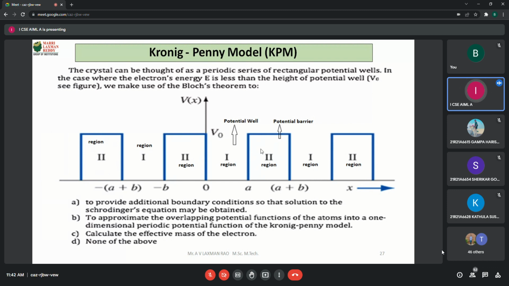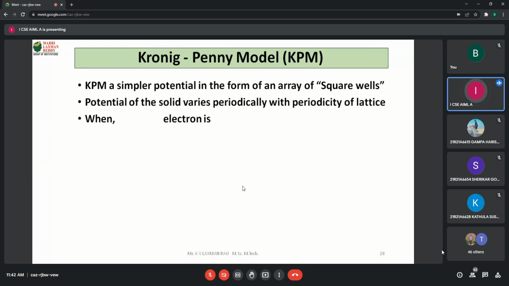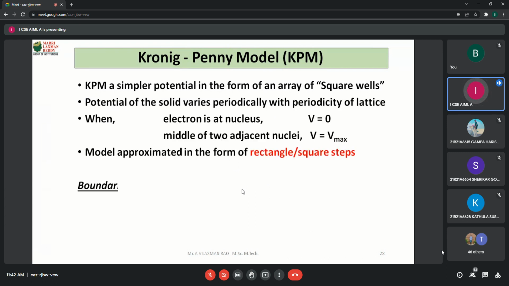That potential energy is varying like this. If you take this point as 0, the width of this potential barrier is minus b, is nothing but b, and this is nothing but the potential well, its width is a. By taking it like this, these two scientists, by making so many assumptions, finally derived one expression.